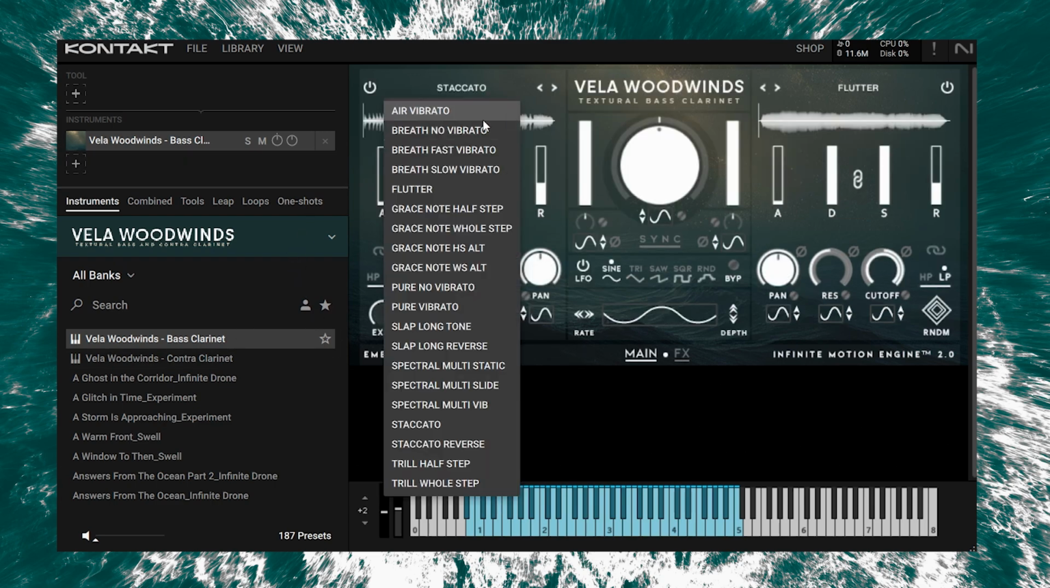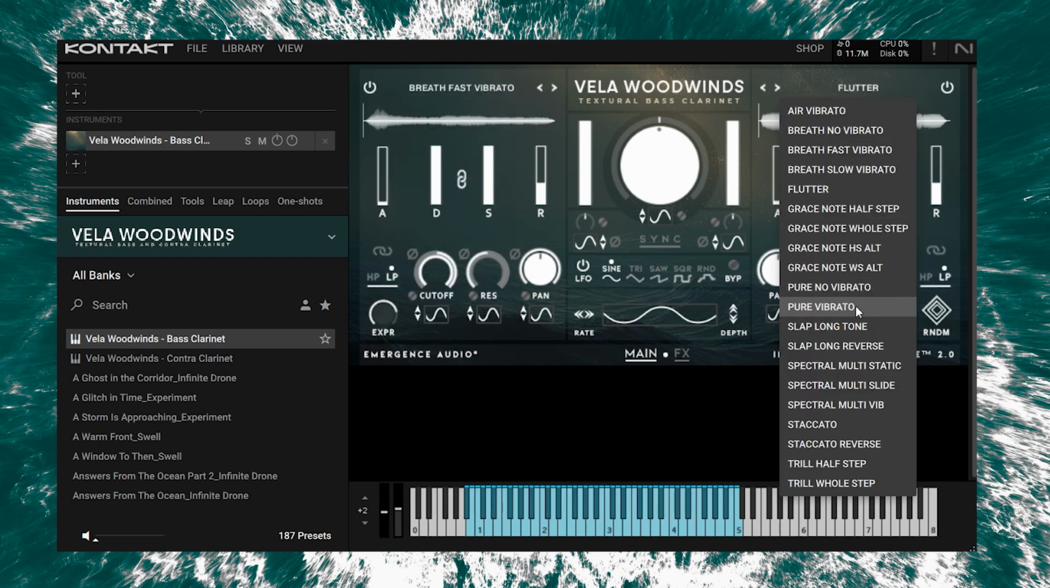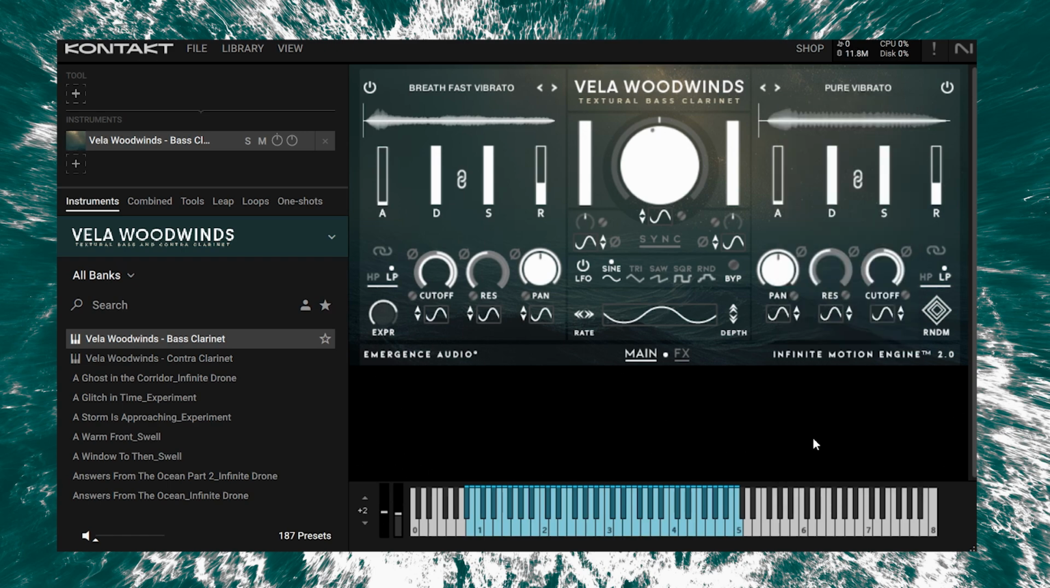So if I play breath, let's do fast vibrato here and pure vibrato. I'm just going to adjust the release again. Oh, you can also unlink each side if you want to. So you can have a very dry instrument as well with lots of different